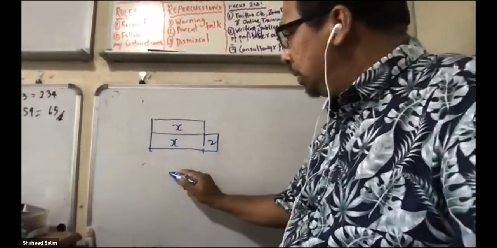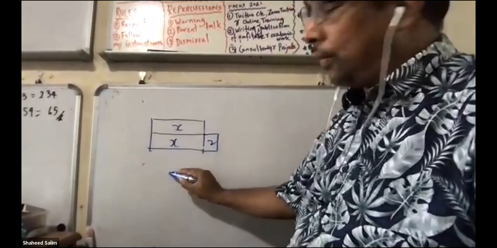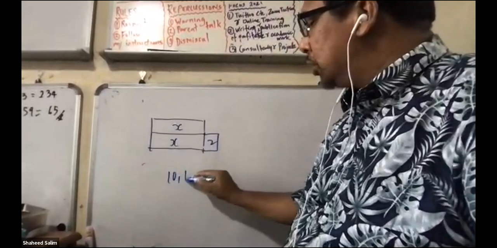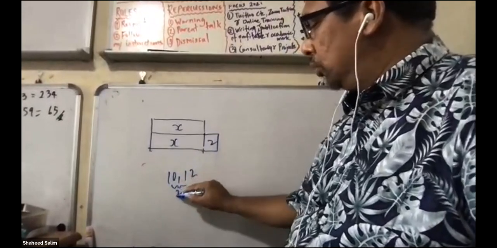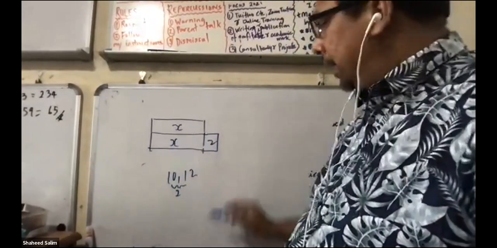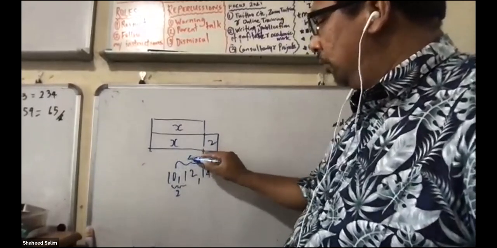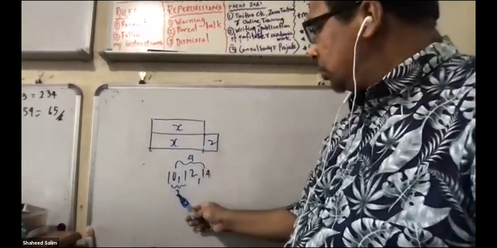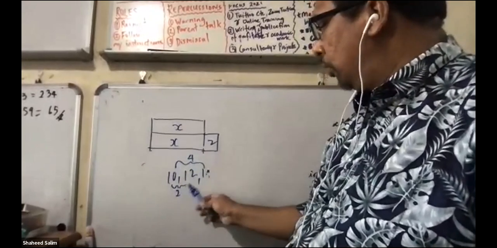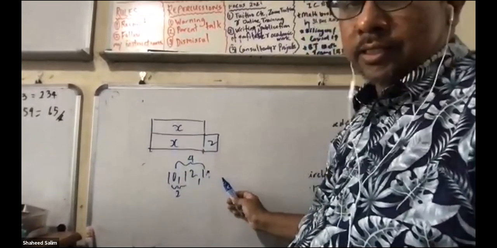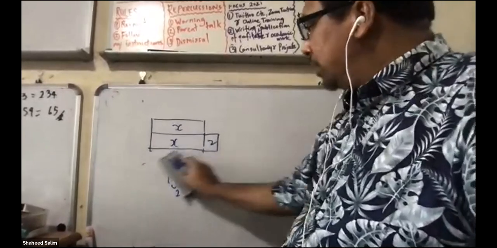Because between 2 consecutive even numbers, let's say 10, the next one is 12, the difference is 2. And then what about 10 and the next one? The difference here is 4. You just plus 2. 2 plus 2, 4. The next one will be 6, 8. So if there's 3 numbers,